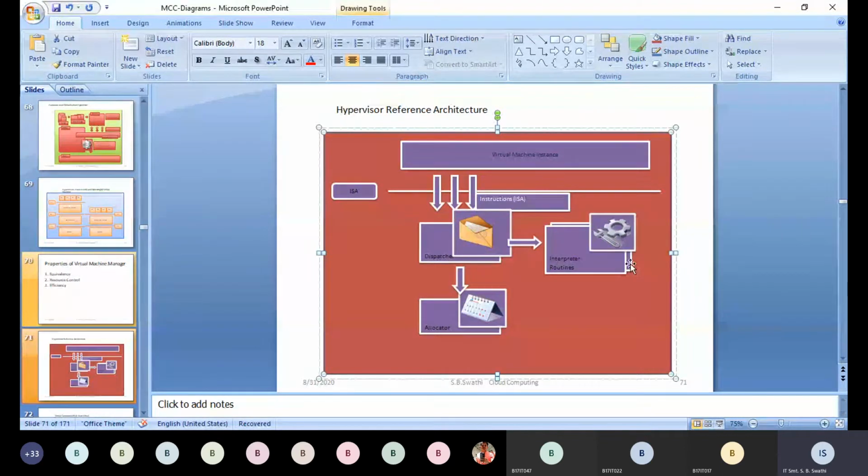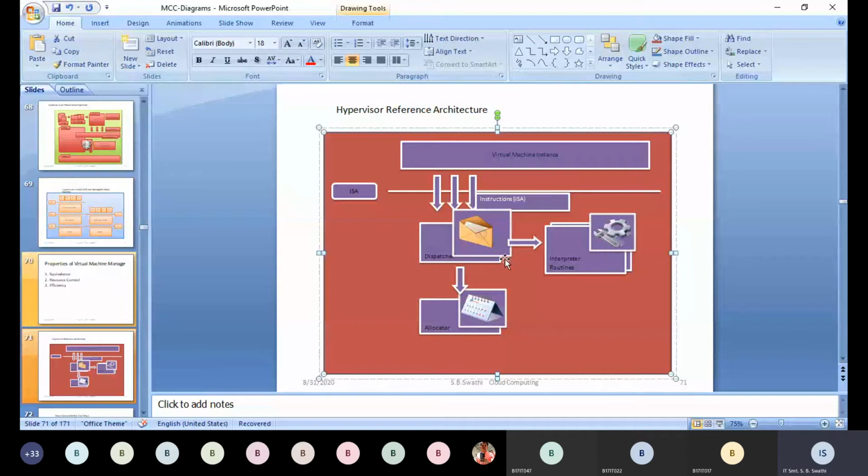That means it will try to execute all the instructions which are mostly sensitive information, like CPU control information, register information, shifting of IO devices, and IO functions. With the help of all these inbuilt functions, it tries to execute those instructions.